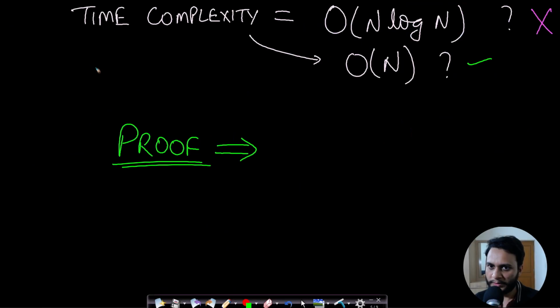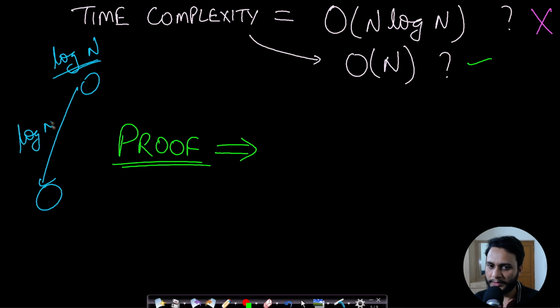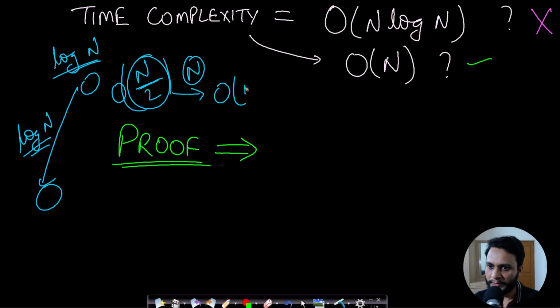Now once you have understood this, what will be the time complexity? You already know that in order to heapify you need time of log n, which is the height of the tree, because in the worst case you will be moving from the node to the farthest leaf, and that will be nothing but the height of this tree, which is log n. And we are doing this operation for all the internal nodes, and internal nodes are in the order of n by 2. So this is nothing but n log n. Okay. If you take order of n by 2, then this will come as order of n.